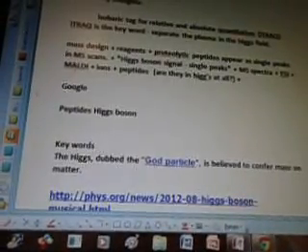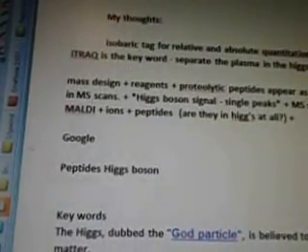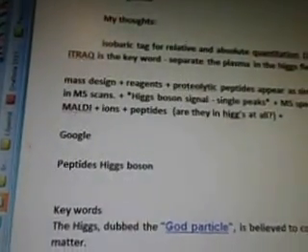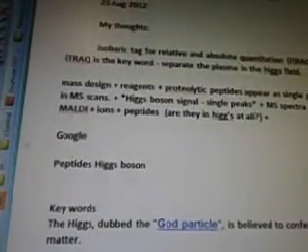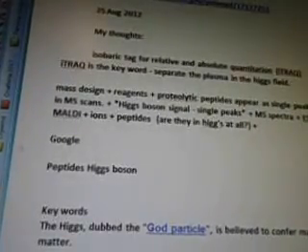August 25th, my thoughts. Isobaric tag for relative and absolute quantitation, iTRAQ. iTRAQ is the keyword, separate the plasma in the Higgs field. So we're going to do mass design plus reagents. So here's the formula. Mass design plus reagents plus proteolytic peptides appear as single peaks in MS scans, plus the Higgs boson signal single peaks,